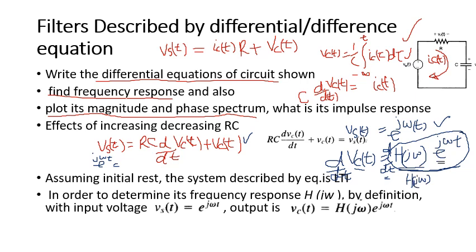What is the derivative of this? It will be e power j omega t, and again the derivative of j omega t will be j omega. So this is the derivative of the